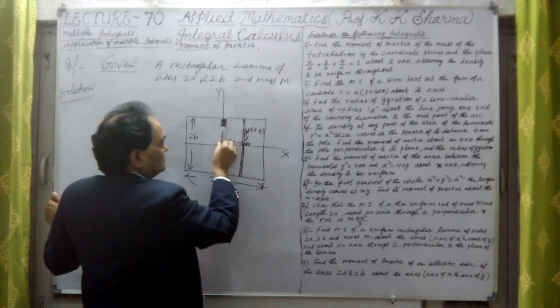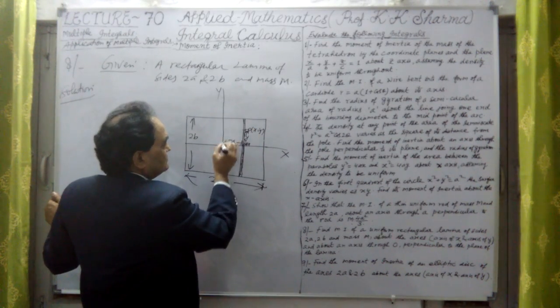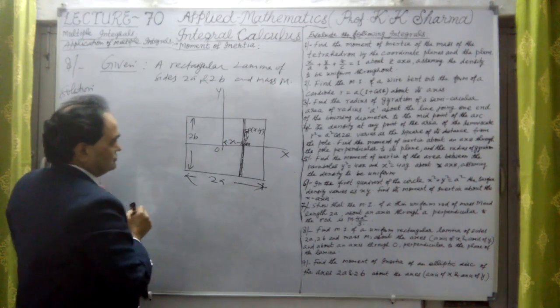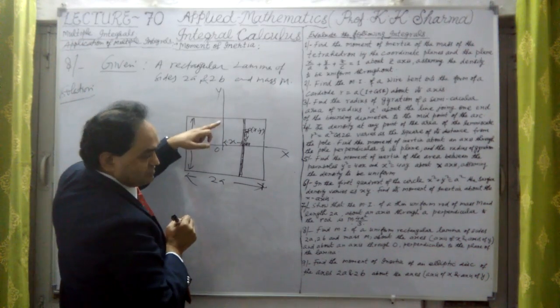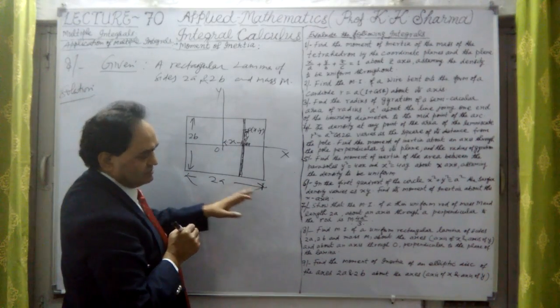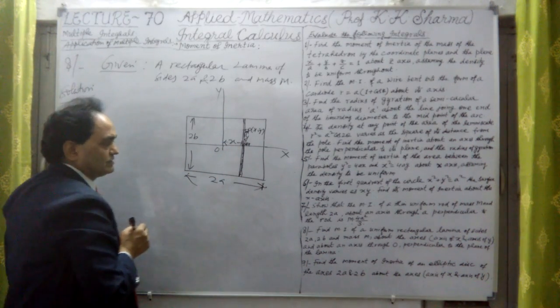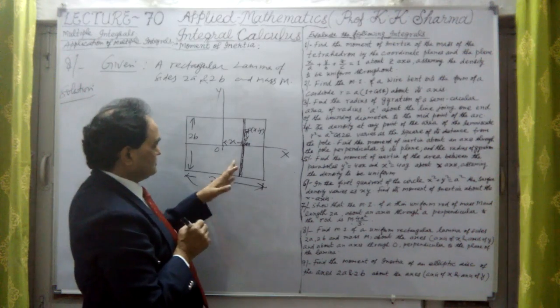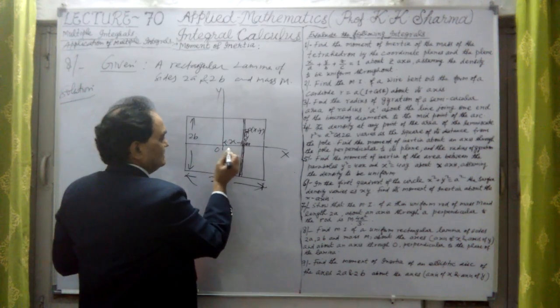Now y is along this y axis, so this y will vary from minus b to plus b, and x will vary from minus a to plus a. Minus a to plus a we will take, because this x, if I take x coordinate here,